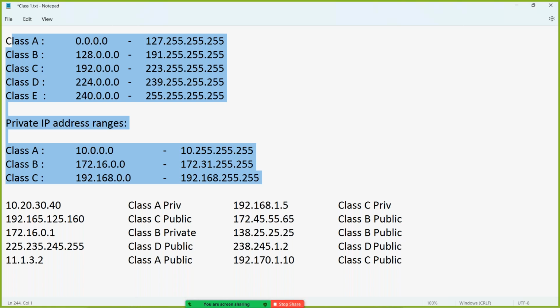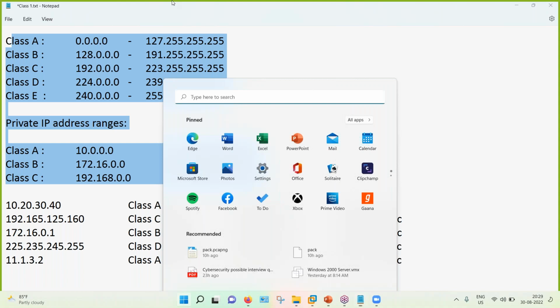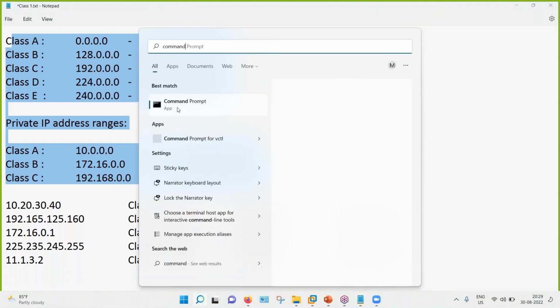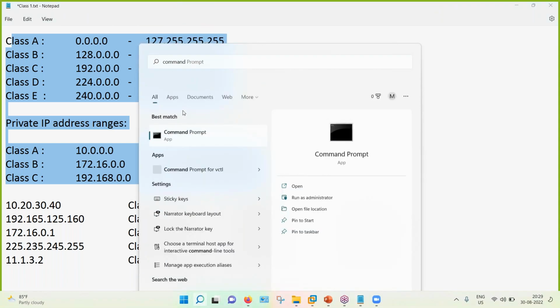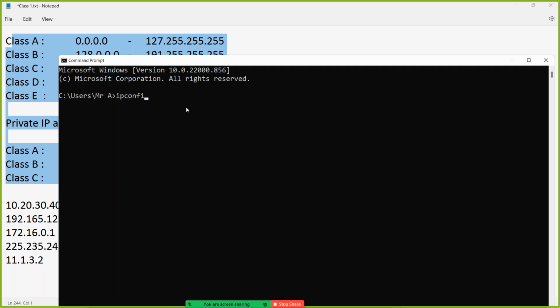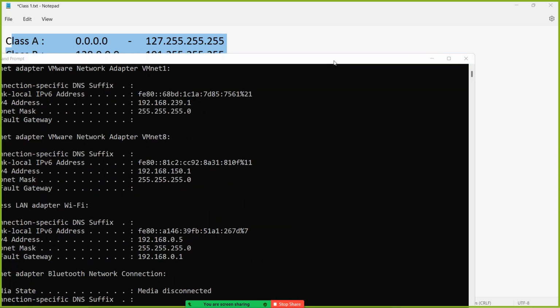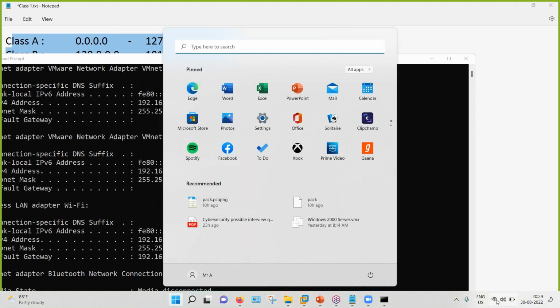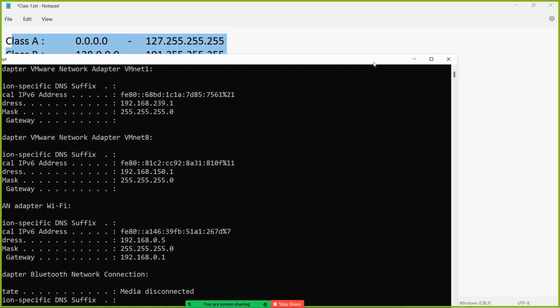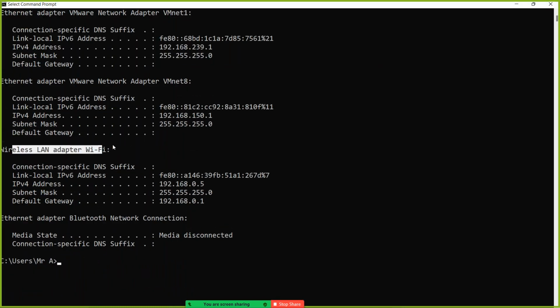I've shown you how to see a public IP, but I've not shown you how to check a private IP. If you want to check your private IP, guys, you have to open up your command prompt, and in the command prompt, you have to type the command ipconfig. This ipconfig command will give you the private IP. Right now, I'm connected to my Wi-Fi network, so I see the wireless LAN interface, and that shows me my private IP over here,